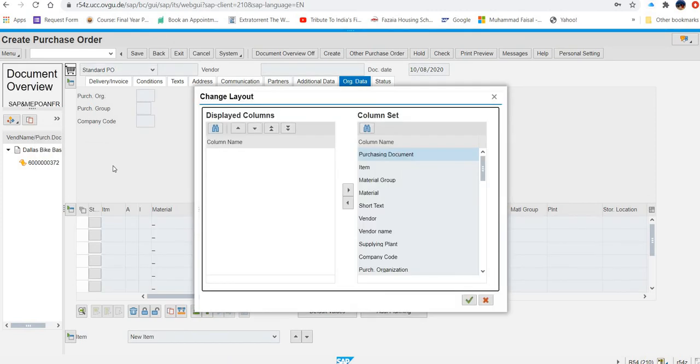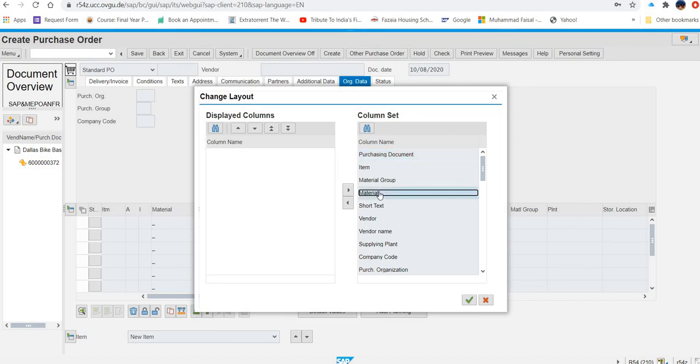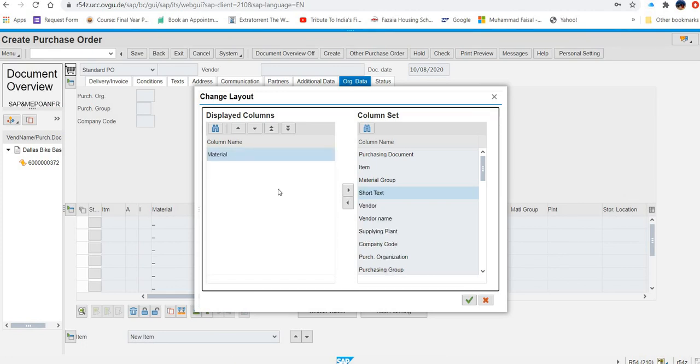In the change layout, they are saying choose select material in the right table. So here is the material in the right table, and add it here by using this arrow. Once it is done, just confirm this.